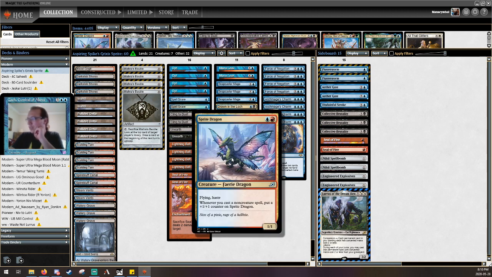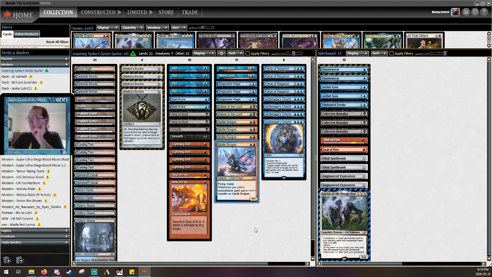So for a refresher, Sprite Dragon is blue and red, a creature, fairy dragon, 1/1 flying haste. Whenever you cast a non-creature spell, put a +1/+1 counter on Sprite Dragon. So this is an aggressive creature that can be surrounded with a number of cheap non-creature spells in order to increase its efficacy. To that end, we have things like Opt, Mishra's Bauble, Spell Snare, Cling to Dust, Unearth,